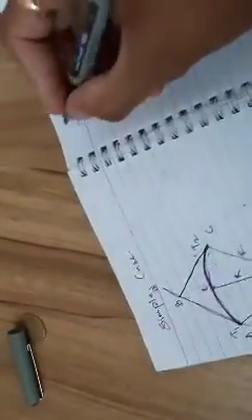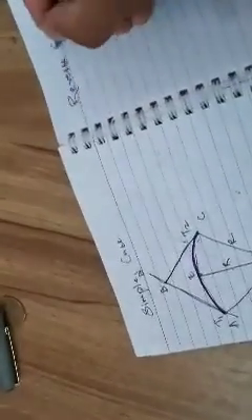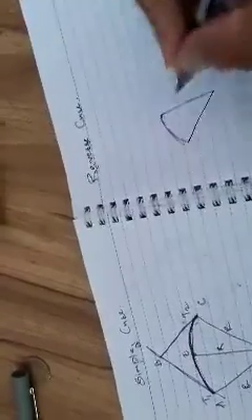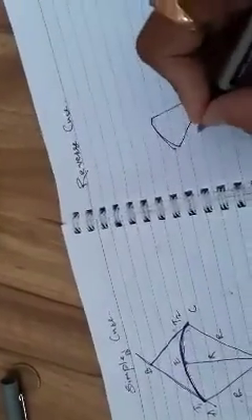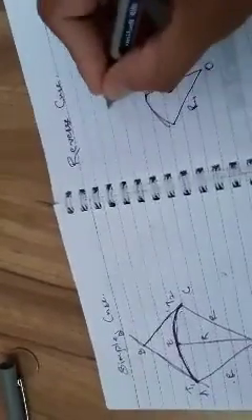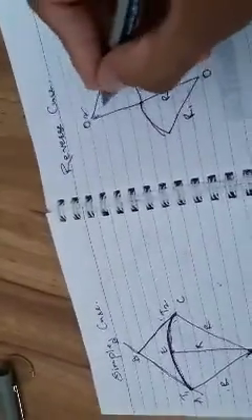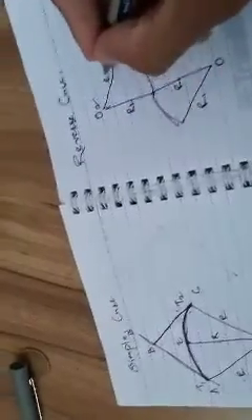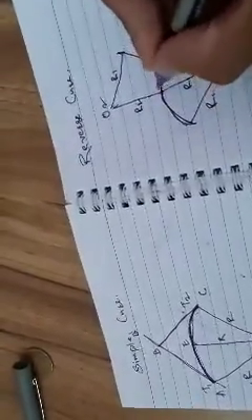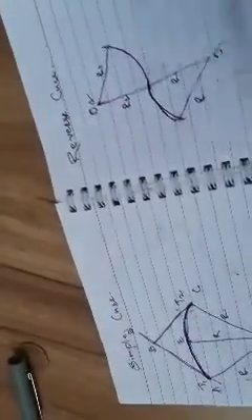The third type of curve is called the reverse curve. Particularly here, if you see, this is a curve which is bending in one direction. The center is O and the radius of the curve is R1. Similarly, if I bend the curve in the opposite direction, I will get O2 as the center of this curve. The radius will be R2, or the same R1 as usual, but this curve is bending in the opposite direction, or you can say the centers of the curves are on opposite sides.